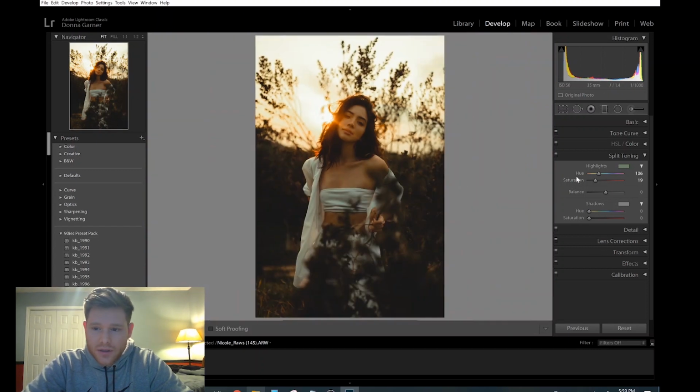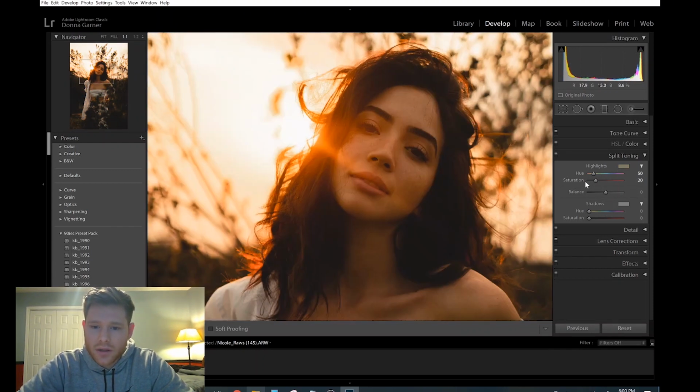It made a big difference. It brought some green, because right now I'm into the greens. Now, actually, what I like to bring in is kind of like a yellow tone to most of my images. So I'm moving it right here at 50, and it puts this awesome yellow tone. And then also for the saturation, if you bring that way too up, it's going to really ruin the photo. But instead, I like to keep it at about 20,